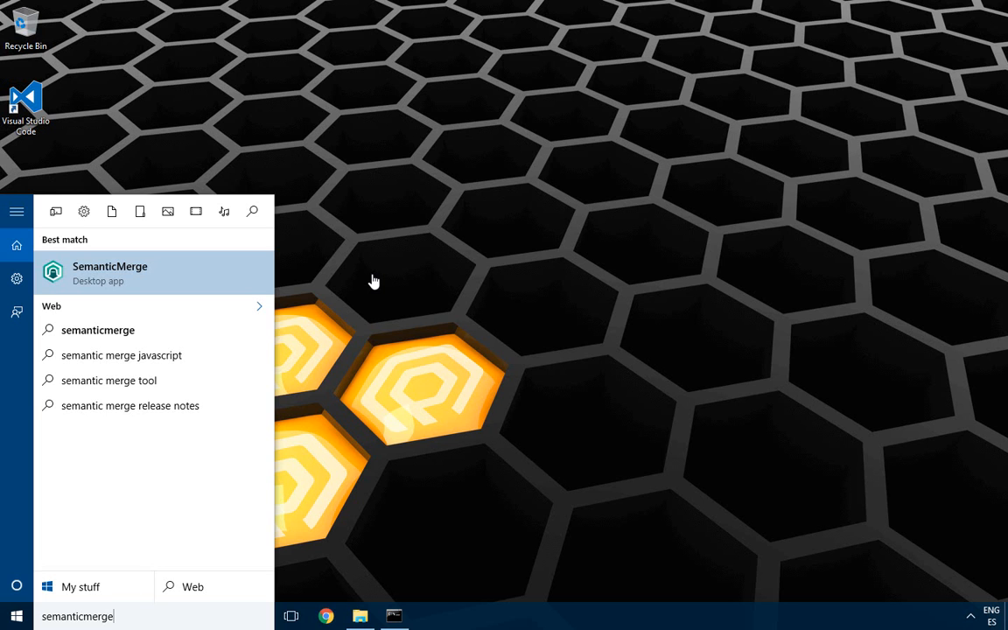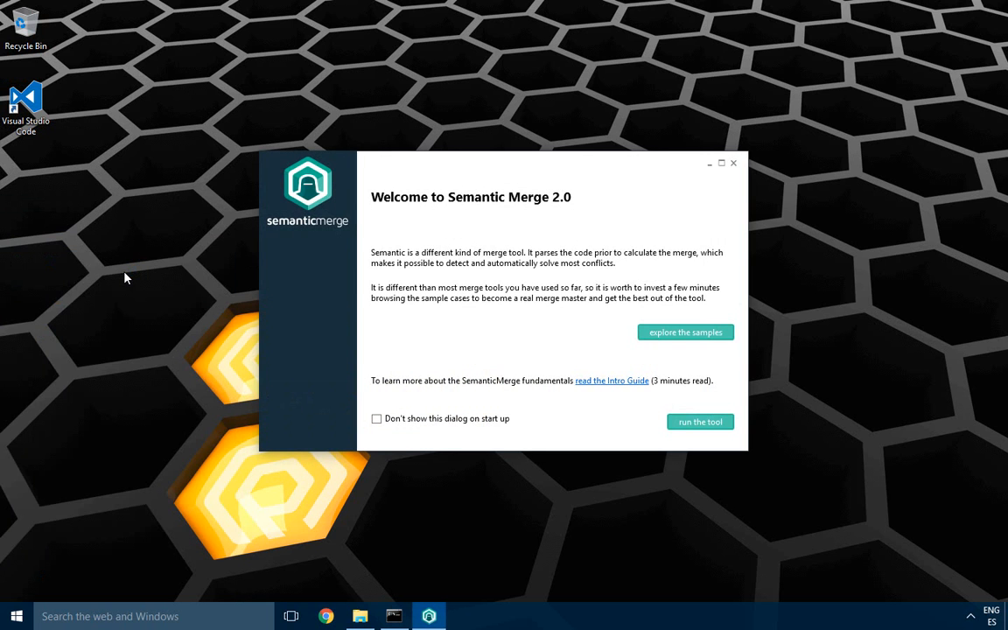SemanticMerge 2.0 is a major change in the product. We have completely redesigned the user interface to make it easier to understand and much more productive. And that's what I'm going to show now. I'm going to browse some of the examples included in the tool and to really highlight what's new and what's